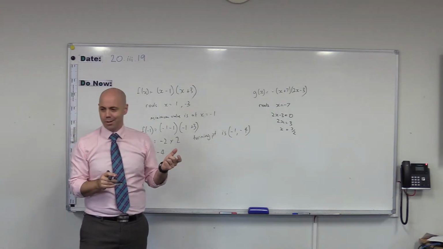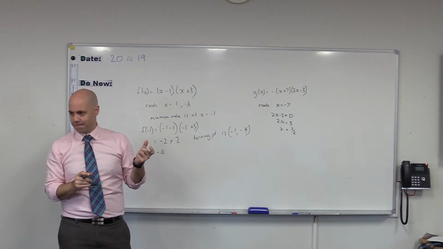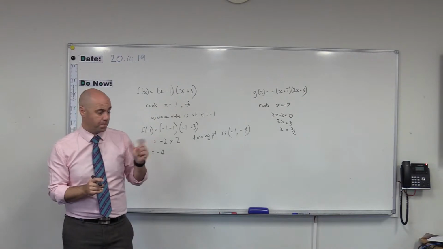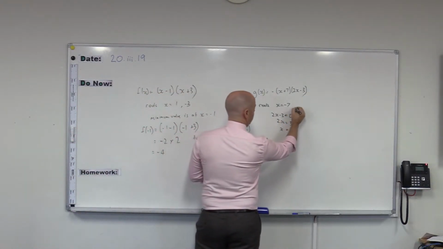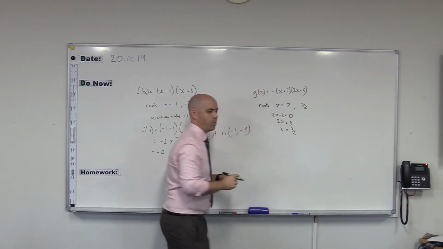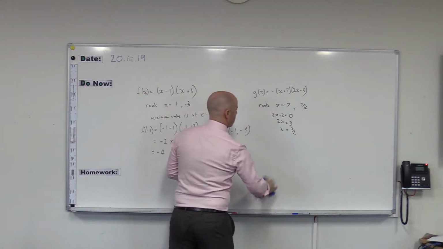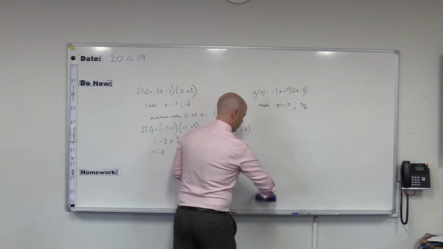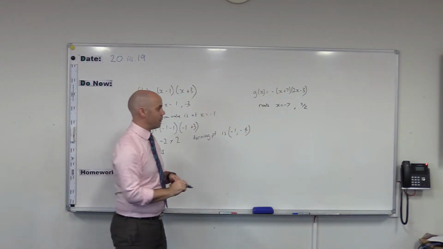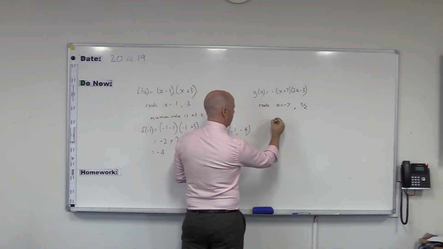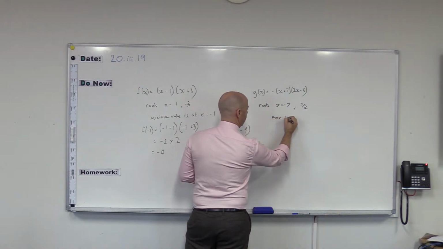Okay, so just got to be careful with finding that root there if there's a coefficient of the x that's not 1. But there are my two roots, negative 7 and 1.5, 3 over 2. But we go through the same steps. So now I say, so the maximum in this case, because it's an upside down one, the maximum is at,